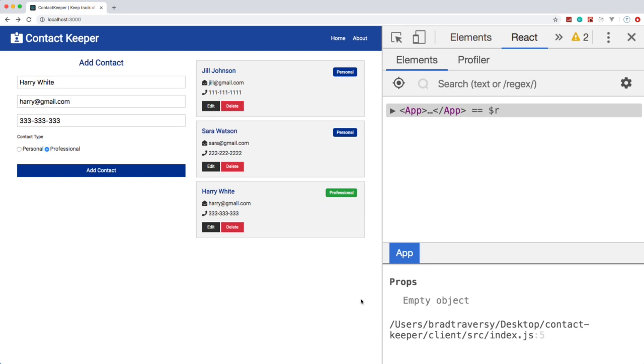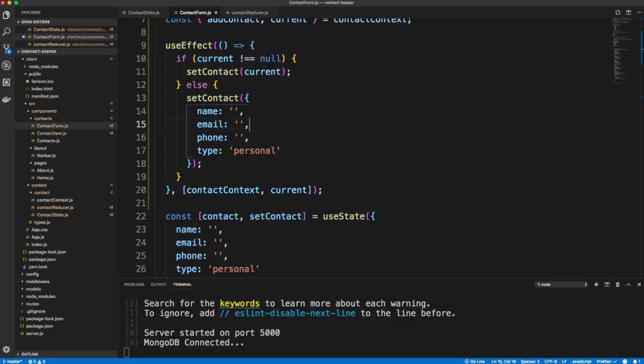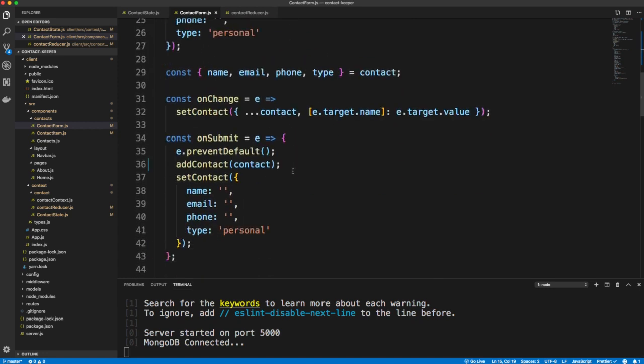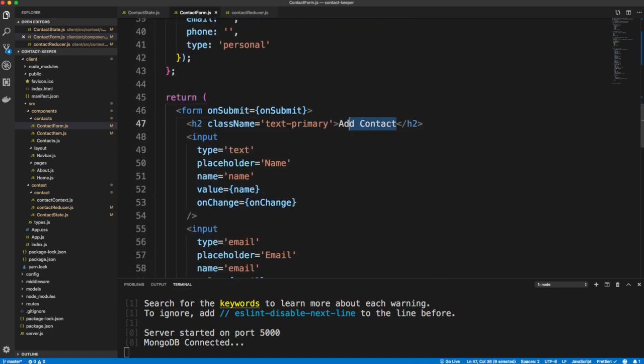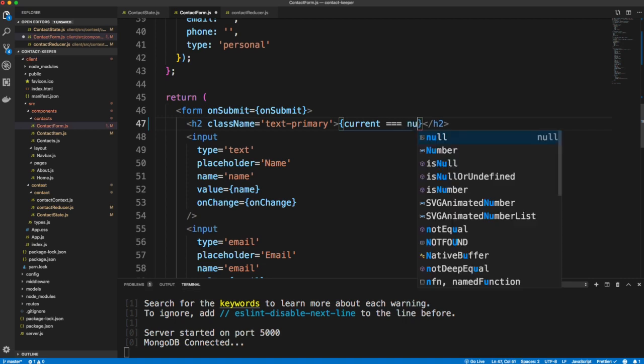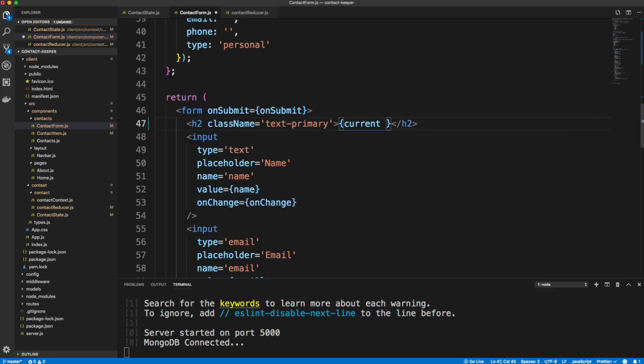Now there's some other things that I want to change. Let's change the title here and the button, because now when we have some current contact information in here, we're looking to update it, right? Not add a new one. So let's go down to where we have the title, and let's say if current is a thing, or I guess, if current is equal to null, actually we could just say if current,